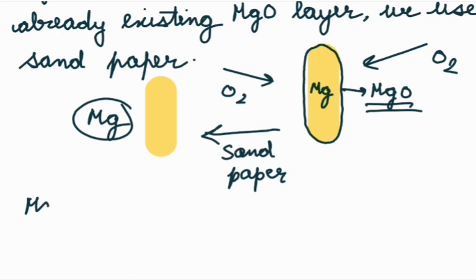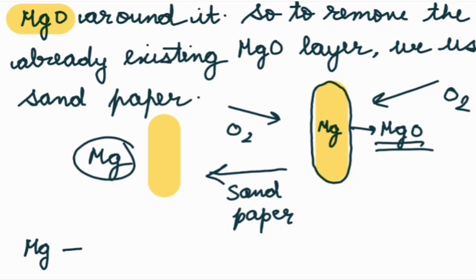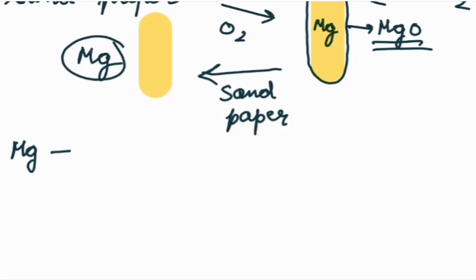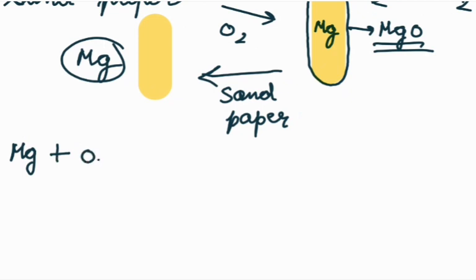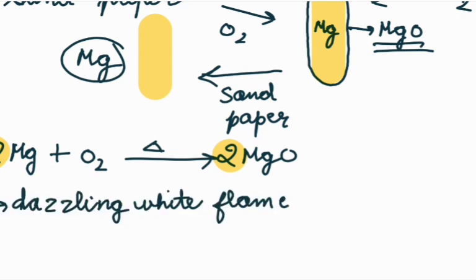Now you can burn this magnesium ribbon in the presence of the oxygen already existing in the atmosphere. It will form magnesium oxide. Here also you have to write 2, and here also we write 2. Why we have added 2 here is our major question, which we will discuss in the later parts of this chapter. Two things are very clear from this experiment. One is